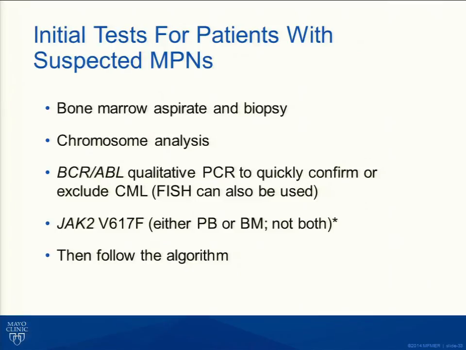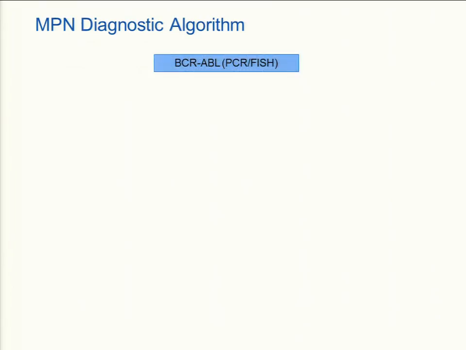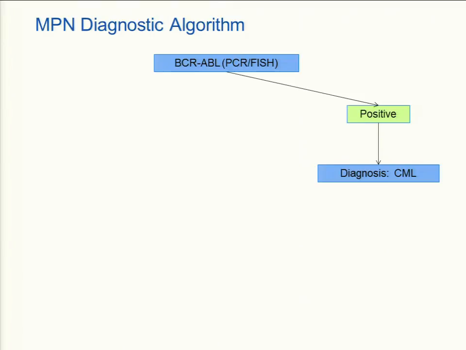So all our tests for evaluation for MPN in the bone marrow start with a chromosome analysis. We always do that. A quick BCR-ABL qualitative testing or FISH testing to rule out CML. Always do JAK2 V617F, then follow the algorithm. And if BCR-ABL is positive, then you get your diagnosis of CML. Okay. If that's negative,